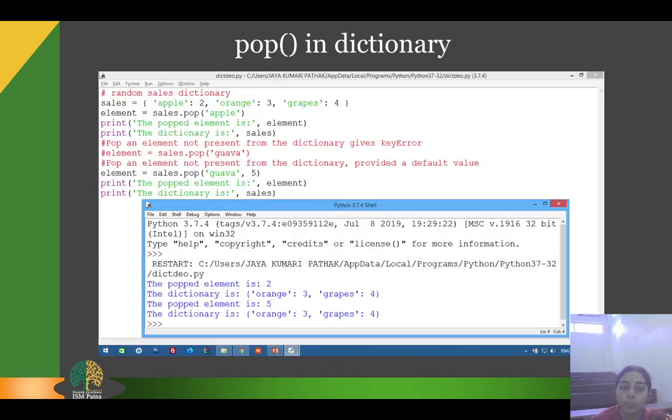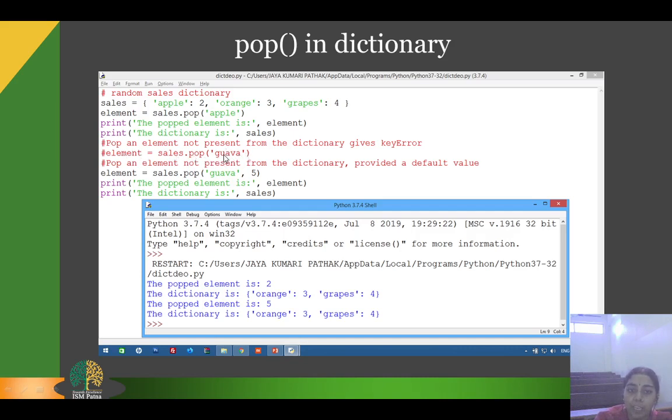Here you can see the example of the pop function, where I have used the pop function to remove the first item. So when I remove the first item, the updated dictionary is orange with value 3 and grapes with value 4. Then I have written element equals sales.pop('guava').